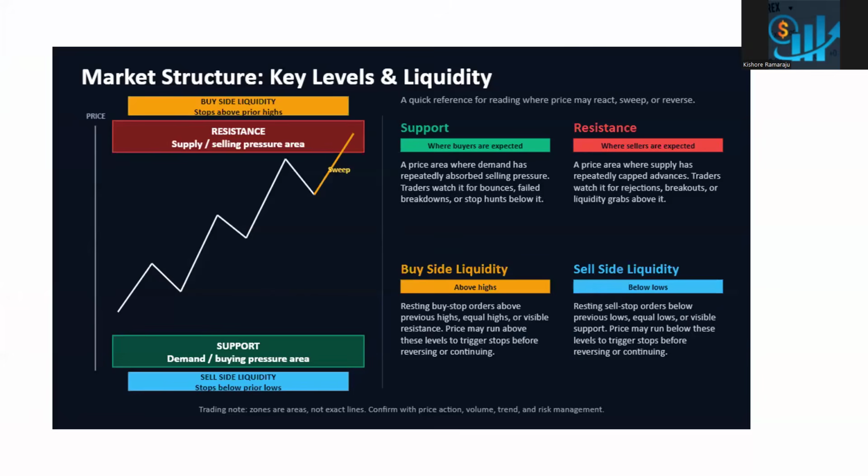So before we look at the indicator, there are four different definitions we all need to understand. The first definition is support. What do you mean by support in trading terminology? Support means, generally, let us say Tesla is trading at $400, and out of 100 people, 80 people are ready to buy Tesla stock at $400.